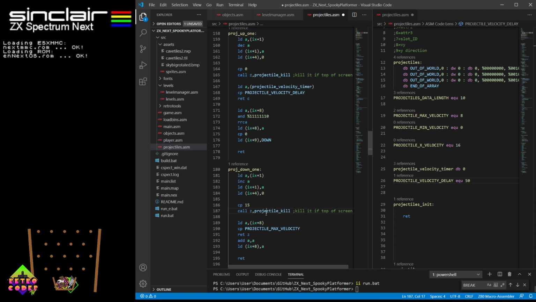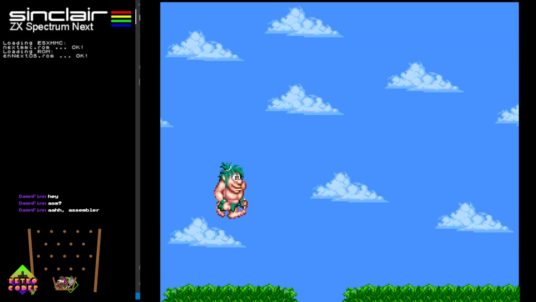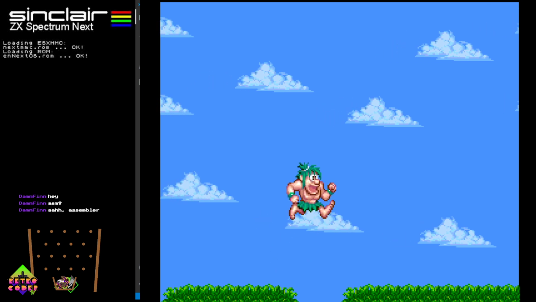Do the same thing down here. Hey, damn Finn. Assembly, yeah. Bit of Z80 next. Z80 boosted. Oh yeah. I'm not an expert by any means, but...